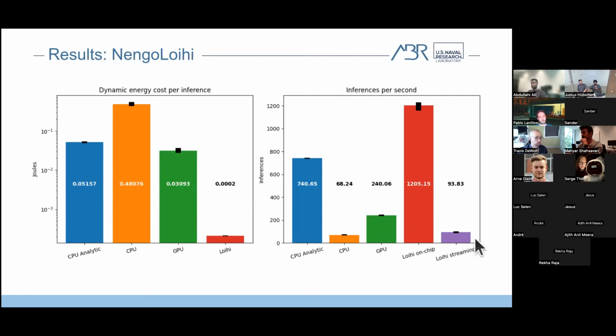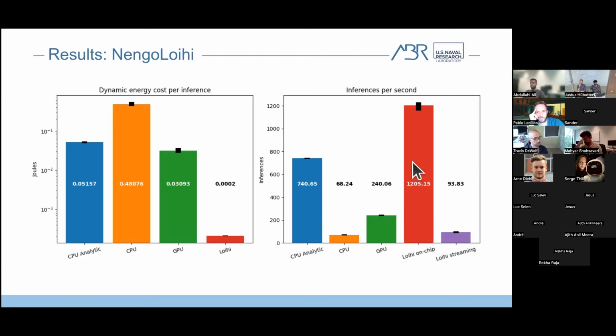On the inferences per second side, of course, the analytic controller is quite high, 740. When we run the full network on the CPU, we're dropped by an order of magnitude down to 70. GPU is slightly better. And then I run two versions on Loihi here. The first is on-chip, and the second is streaming. And so the on-chip version is basically if the information to send into the network is available with no delay to Loihi, then this is the speed that we can run at, which is 1200 inferences per